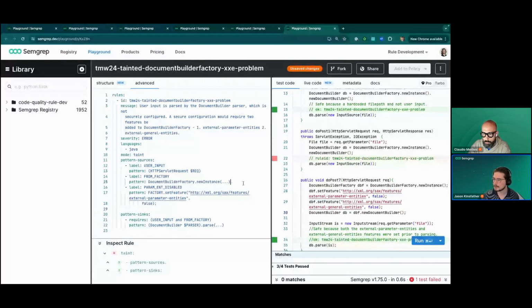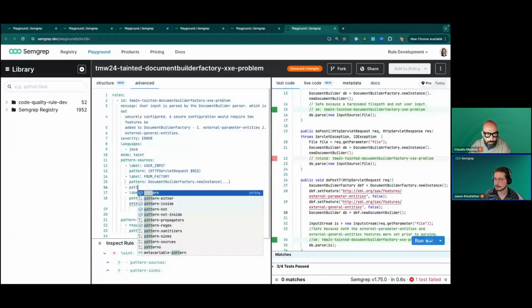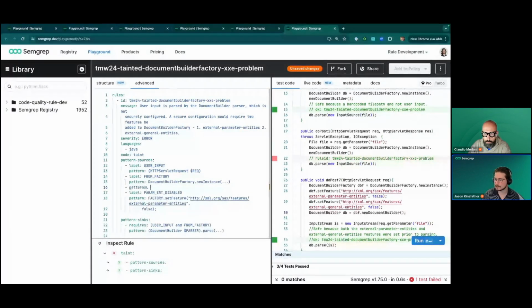And I'm sorry, we need to group this all together so it all applies to one another. So we're going to use our patterns block,